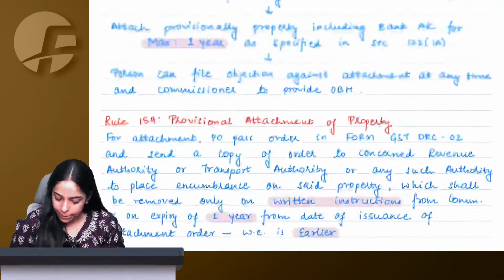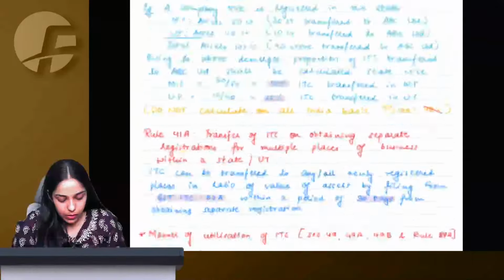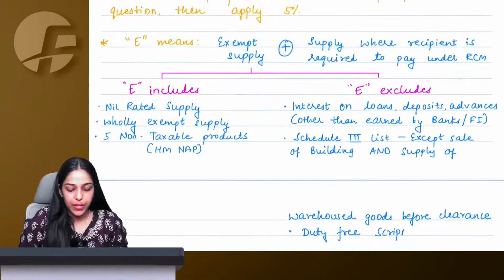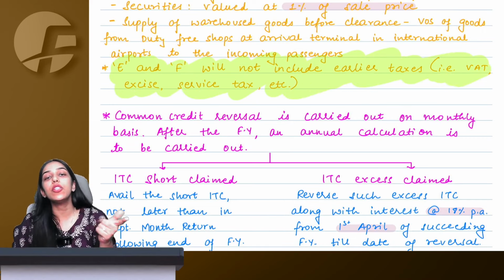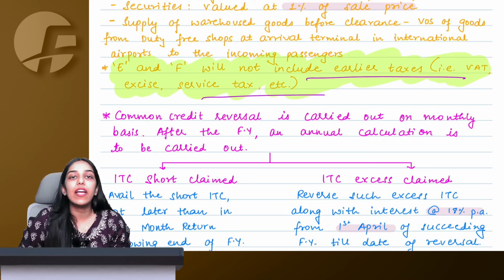Come to version 4, input tax credit chapter. See. Here we come to input tax credit C. This particular provision where we are understanding how to calculate E and F. E and F will not include any earlier taxes like VAT, excise and service tax, even though you have to pay GST. But while calculating your turnover for the reversal purpose, this E and F you are going to ignore,